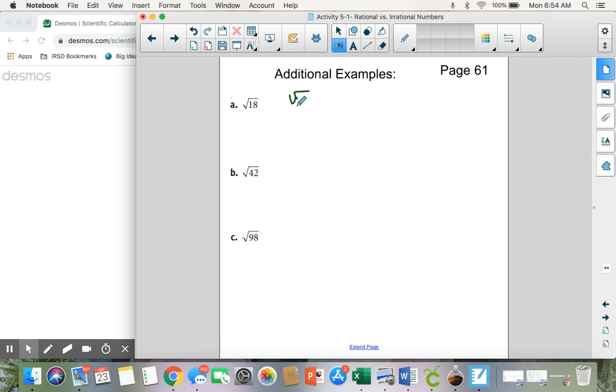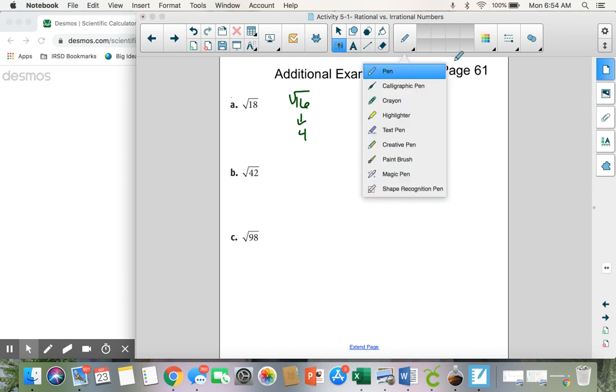So the square root of 16, and I have the square root of 25. I know that the base of 16 is 4 and the base of 25 is 5. So right away, I know that the square root of 18 is somewhere in between 4 and 5, somewhere in between those two. So when I add my square root of 18 on there,